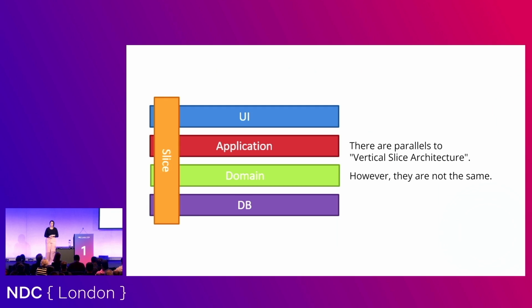Now, you may think this is vertical slice architecture. They're not the same. If you want to learn about vertical slice architecture, my good friend Chris, who's sat over there, I see you, is giving a talk at 10:20 tomorrow on vertical slice architecture. Go to that. Learn about that approach. That is all about encapsulating features. It's not specific to monoliths or distributed systems. You can apply it in both. It's in the same vein, but still a different approach. So I suggest you go and watch his tomorrow.